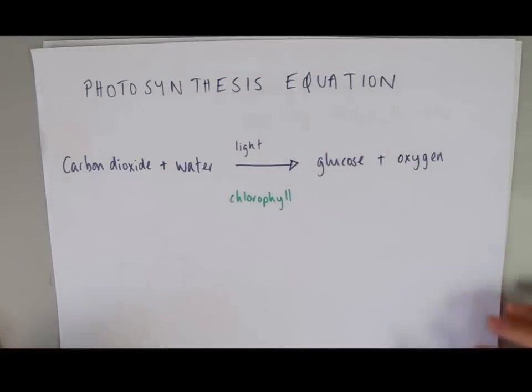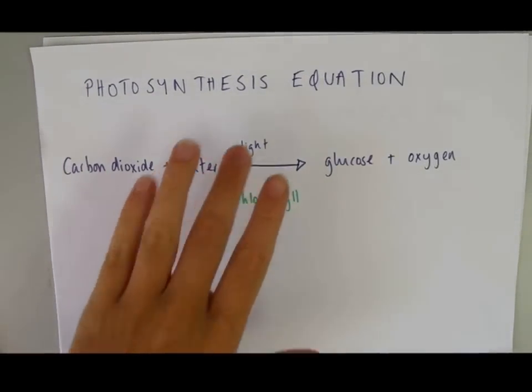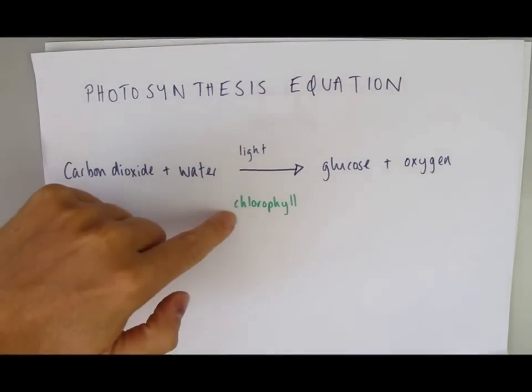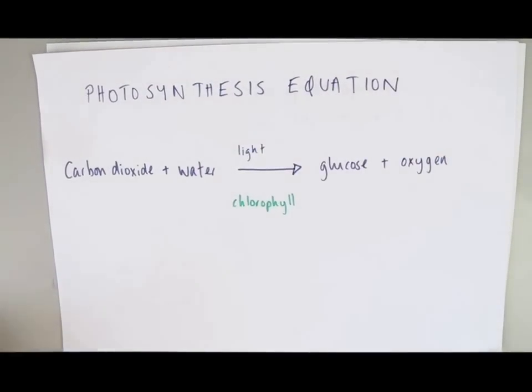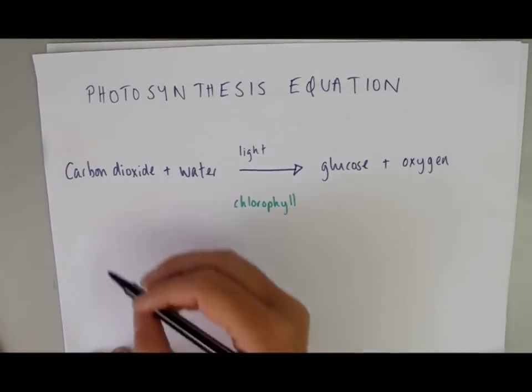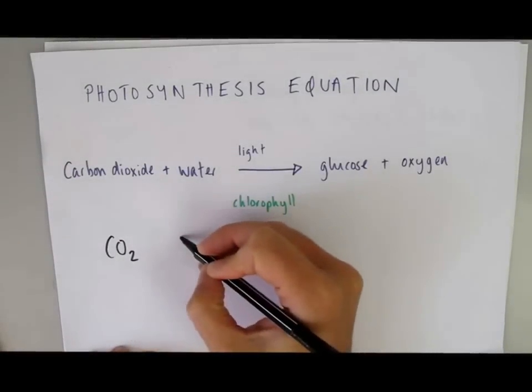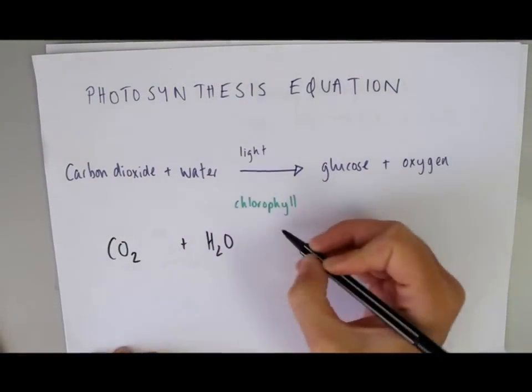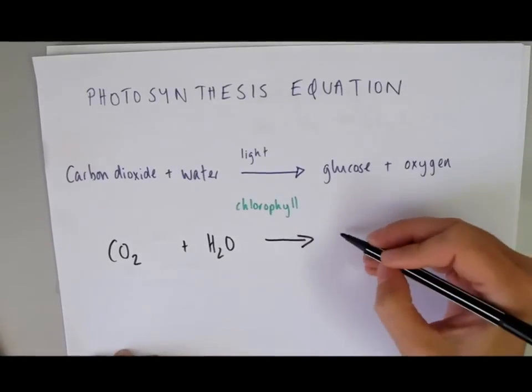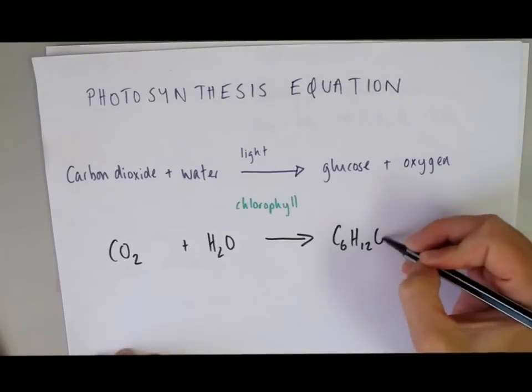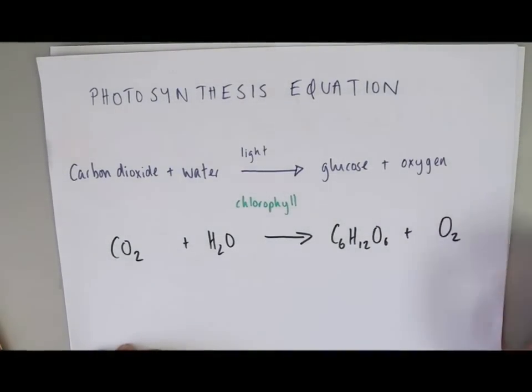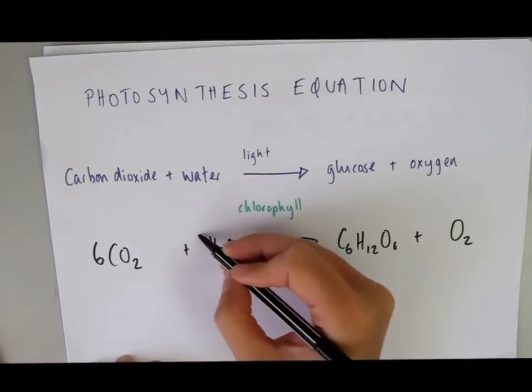Photosynthesis experiments. Before we start to look at an experiment that could prove this equation, let's remind ourselves of the equation. The equation for photosynthesis is carbon dioxide plus water, in the presence of light and chlorophyll, goes to glucose plus oxygen. Or in terms of symbols, carbon dioxide plus water in the presence of light and chlorophyll go to glucose plus oxygen, and to balance it we need to add in